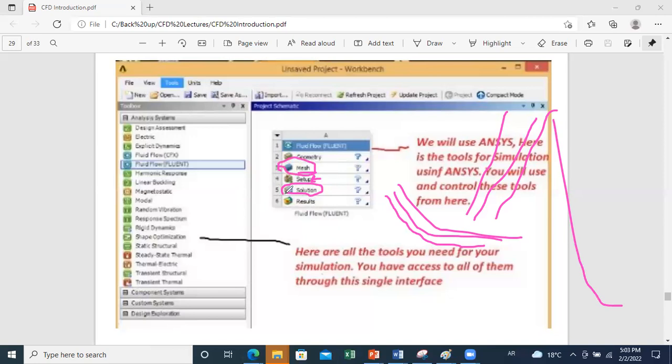Okay. So sometimes there are many strategies to reduce divergence. Sometimes if I have a steady application, I start it as transient so there is a smooth variation at first, and then I convert it to steady. Another strategy is to use what we call the under relaxation factor. We will see in the course material what under relaxation is and how to implement it in